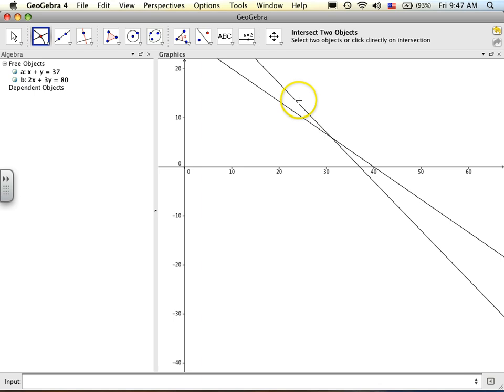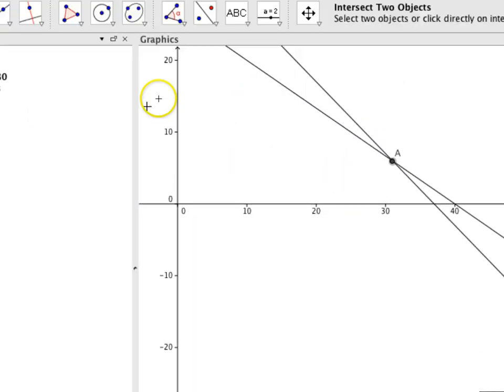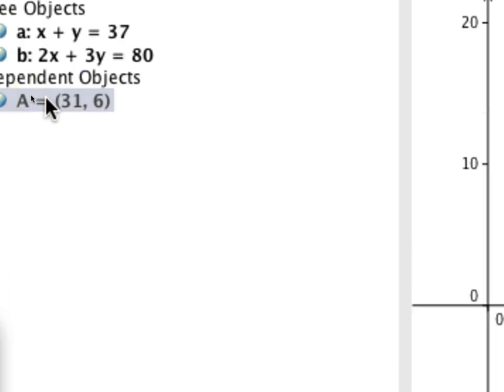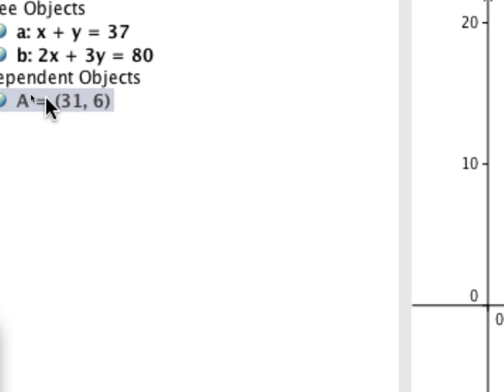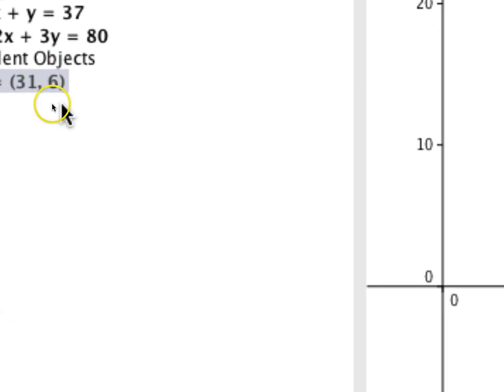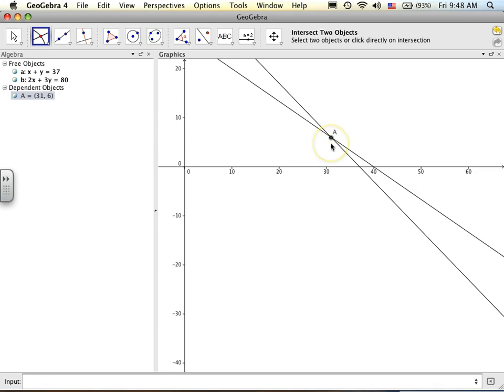So I'm going to find it. Right there. And look at this answer. See, point A is where the intersection is. Look at the answer: 31 for x. X, we defined to be the 2-pointers. And 6 is the y. Y we defined to be the 3-pointers. And where the intersection occurs for the two graphs, that is our solution. So graphically, we can also find a solution that way. Okay? So we will definitely be exploring this. I already showed you